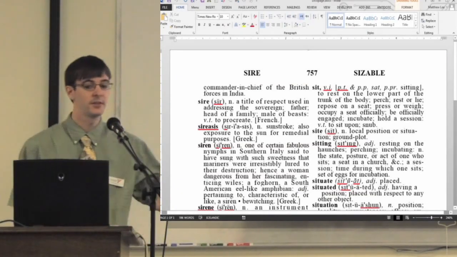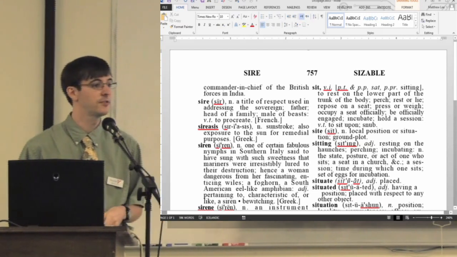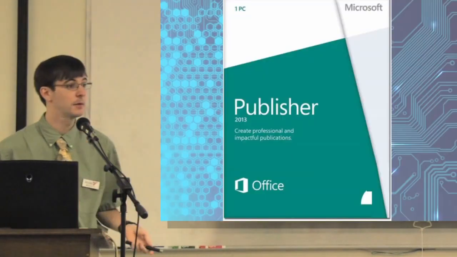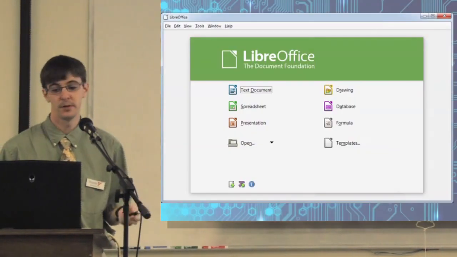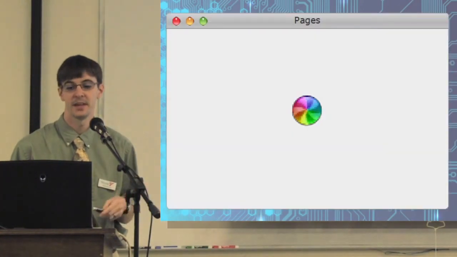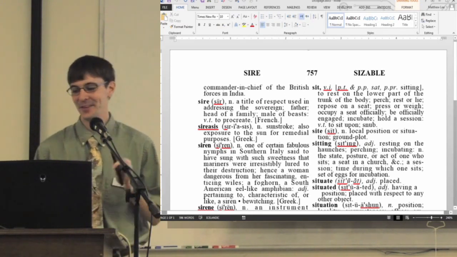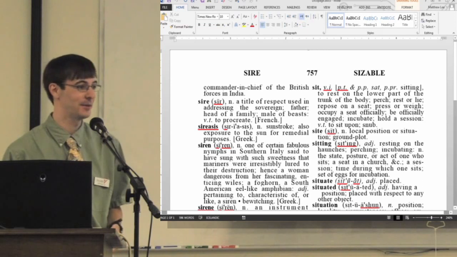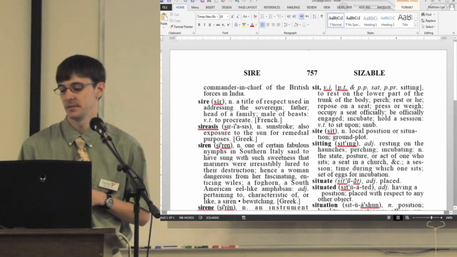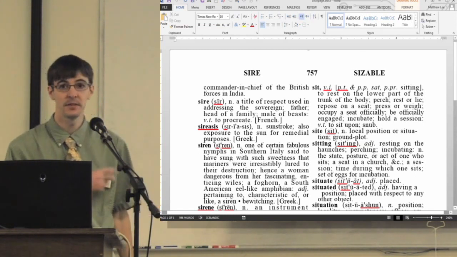So let's move it into a desktop publishing program just as an example. This is Microsoft Word, but just so that you know that I'm not picking specifically on Word, this could be Microsoft Publisher, it could be LibreOffice or OpenOffice, it could be Adobe InDesign, it could be Apple's Pages, but back to Word. These programs are designed for creating formatted documents. They're not designed to organize data. So what does Word really understand about this document that's on the screen here?